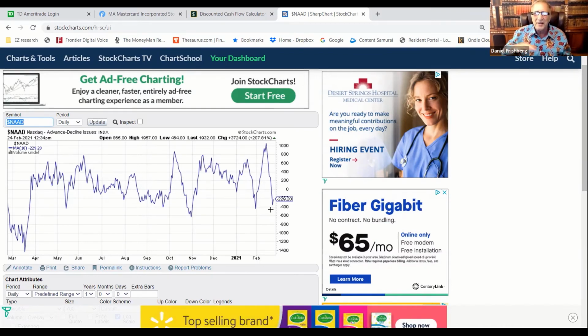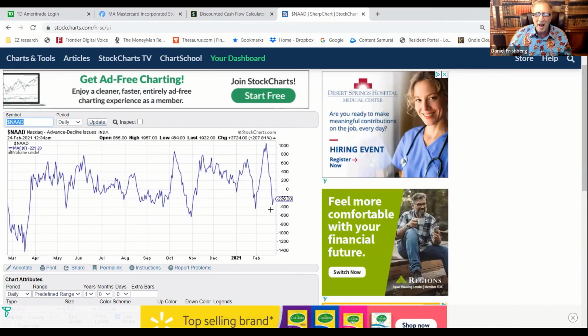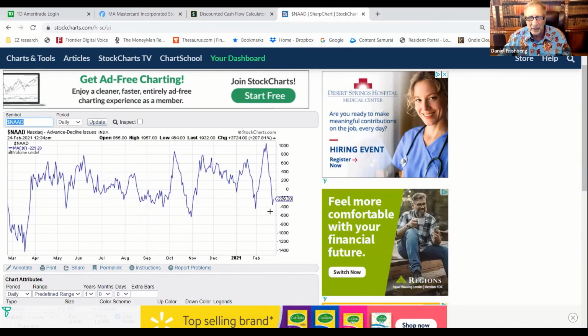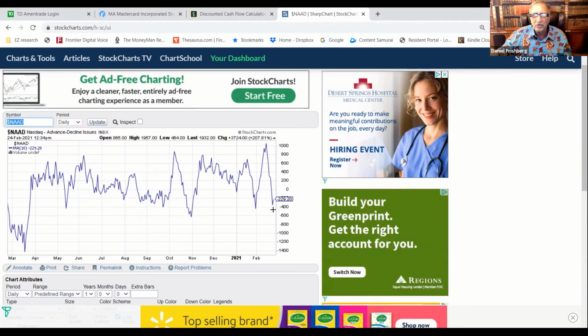So here they are where they all agree that it's terrible and that it should be sold, and they've all been selling more stocks and buying fewer stocks. And so the advance minus decline has gotten very close to an extreme. Now they're all sold. There's nobody left to sell. They all agree it should be sold, but there's nobody left to sell. They run out of sellers.